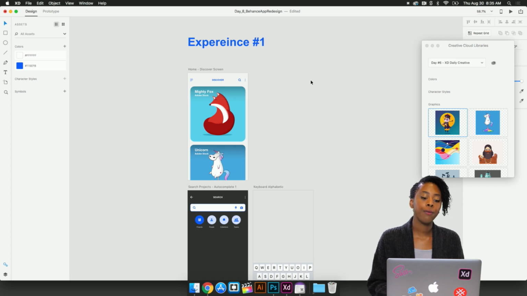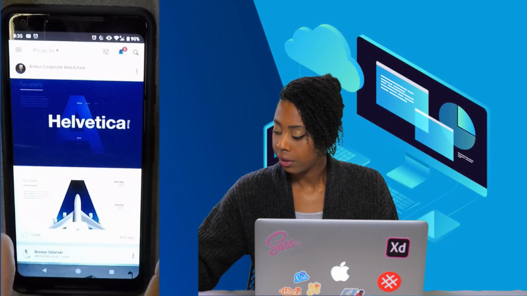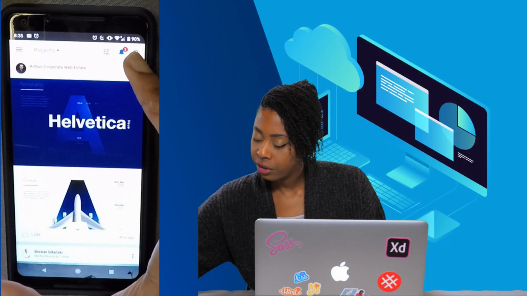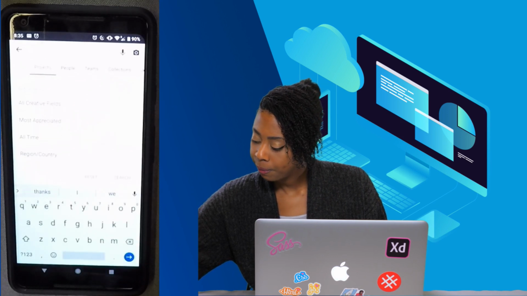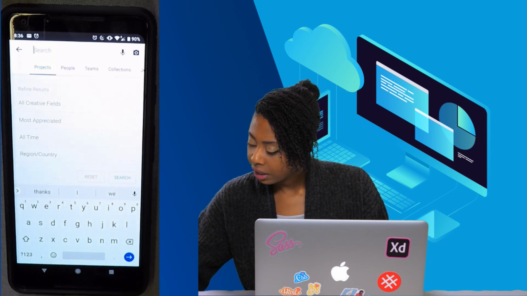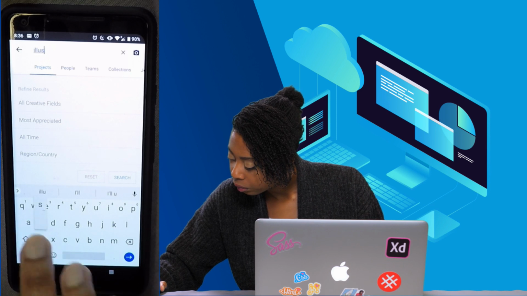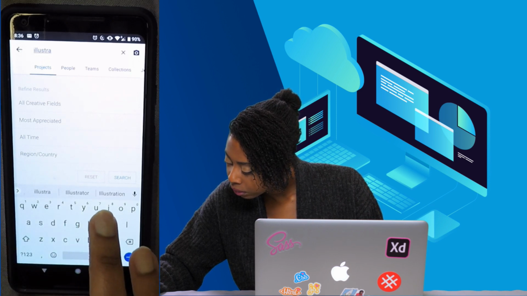So this is the first search experience. And really quickly, I wanna give you a tour of the Behance app just so you can see what the current search experience is like. So, just going to go on my phone right now. Okay. So when you hit the search icon here in the Behance app, as you can see, it pulls up the search screen. And let's say I want to search for illustrations. So let me enter that key term.